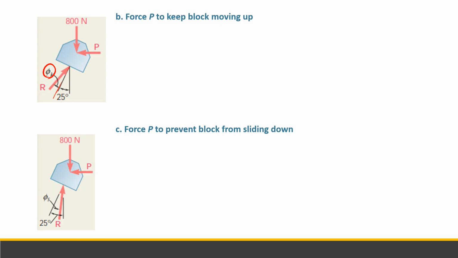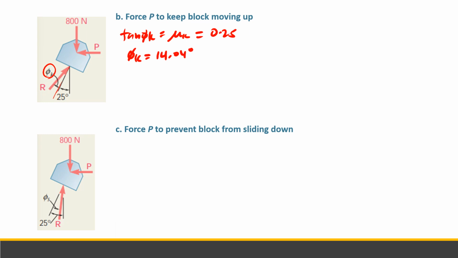So tangent phi k equals mu k. We have mu k, which is equal to 0.25. So tangent inverse of 0.25 is 14.04 degrees. As you can see, it went from 19 to 14